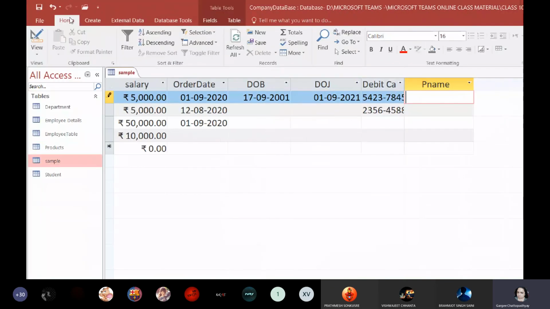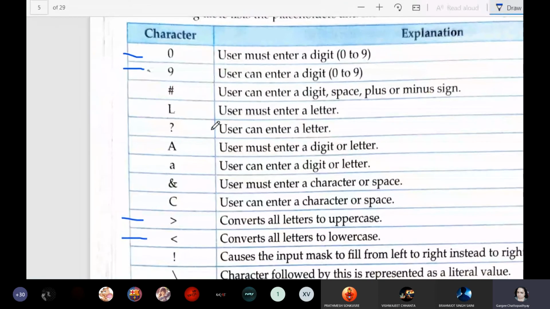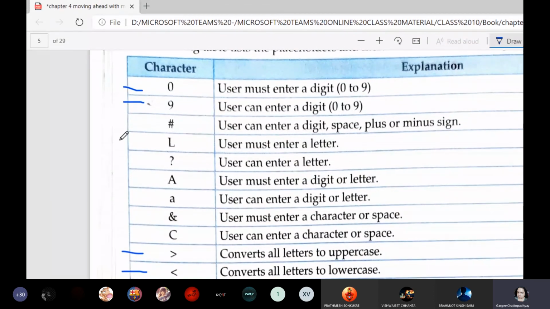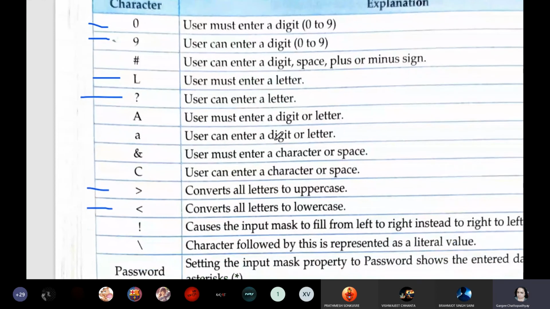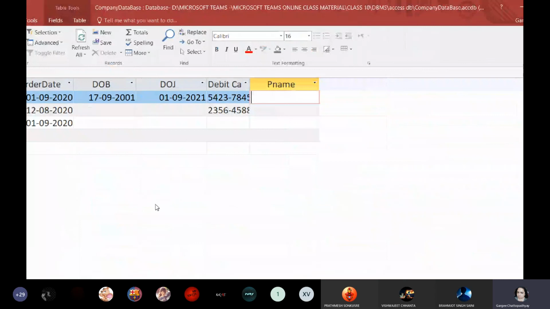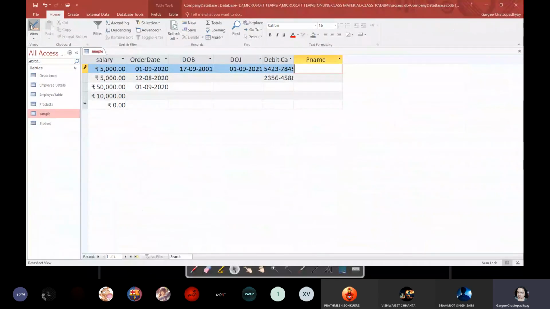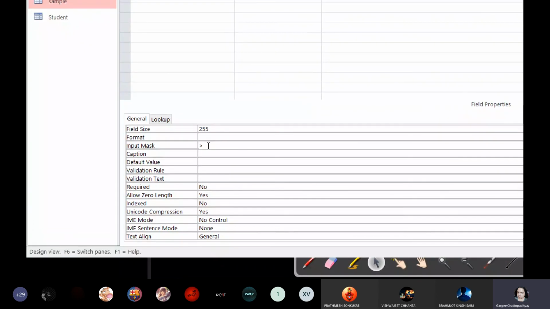Okay, so what I need to do is we need to check two more characters over here. That is, the user must enter a letter or the user can enter a letter. Okay, so what I'm going to do is I'm going to first make this setting. So I'll go back there and here I'm going to make this setting.